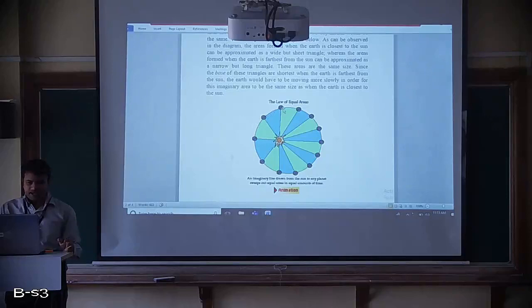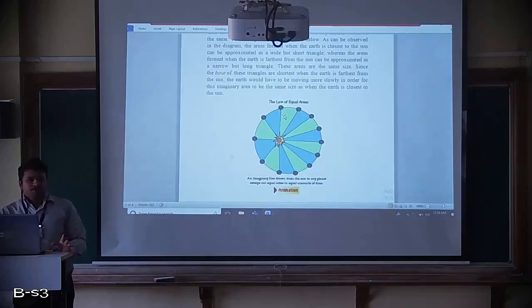So you can draw the imaginary area lines. It is the area, a triangle. You can see that. This is the area, so it has got a certain area. After that, from the second point to the third point, again after 31 days, it will move, and now it is also forming another area. If you consider the area of these two places, then it will be equal. This is the reason we call this law the law of equal areas.